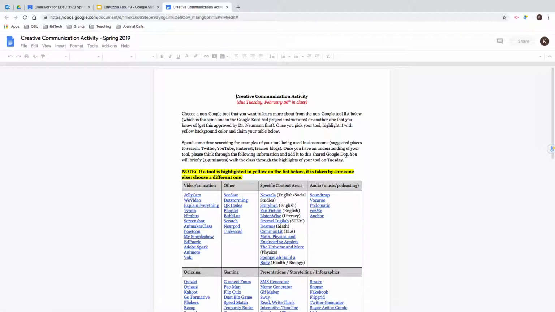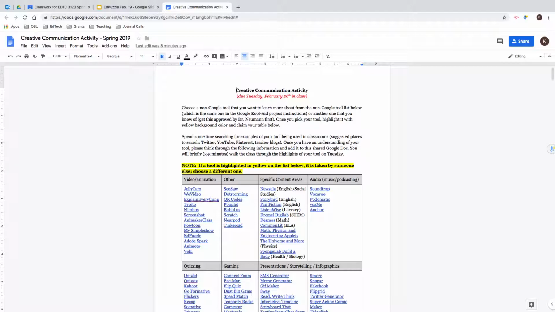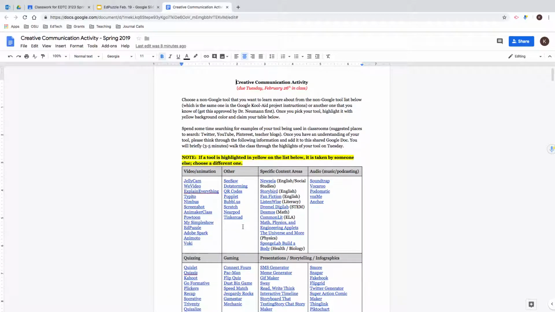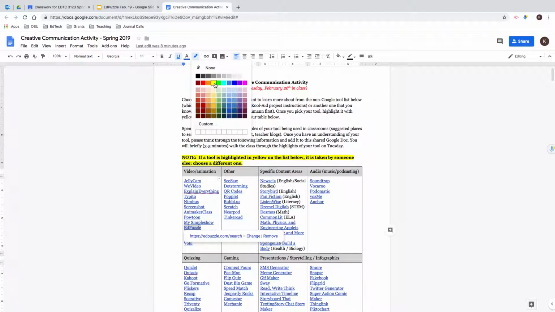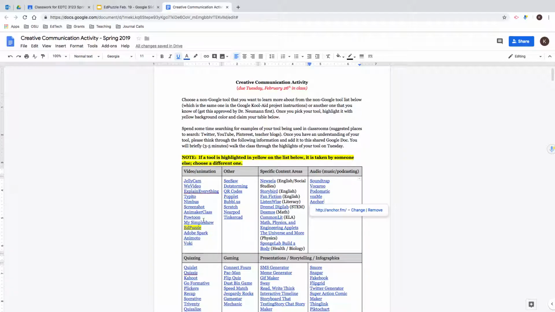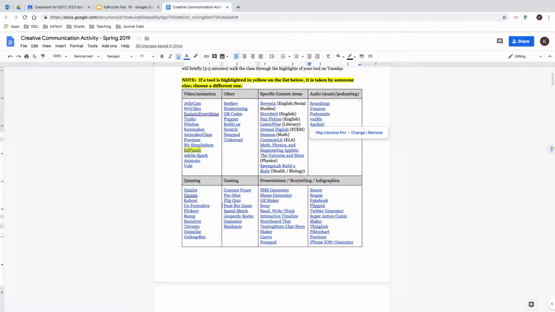So let's take a look at this activity. This is going to be in Google Classroom in the Google Kool-Aid section. I will remind you of that. But let's say I got here and I say, oh man, I really want to do EdPuzzle. And no one else do EdPuzzle, because we're using it in class. Then I would highlight it in yellow, and so no one else is doing it. And then I would come down